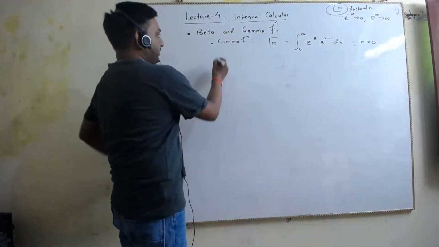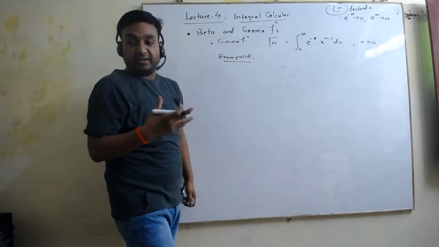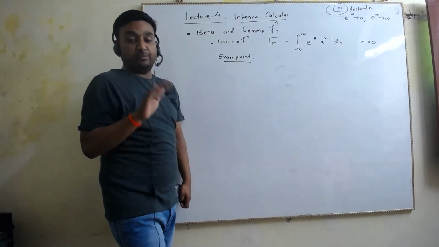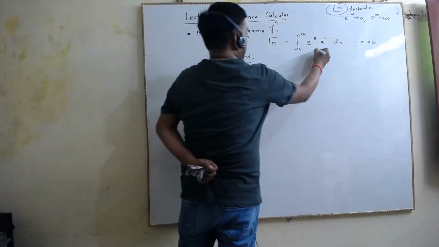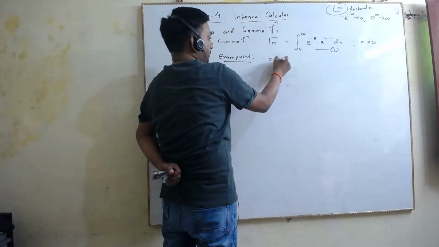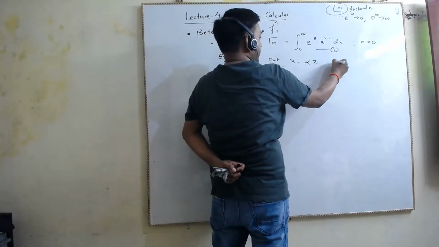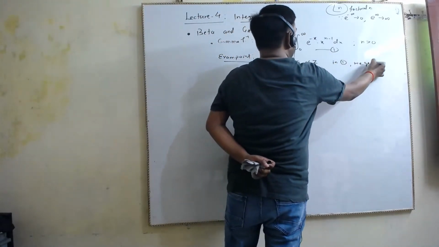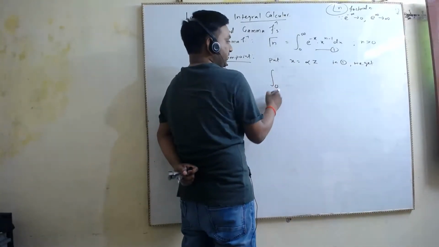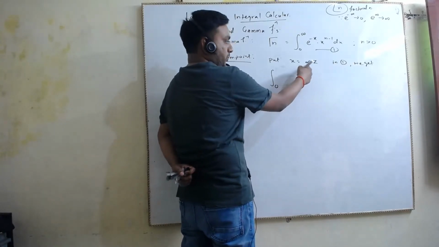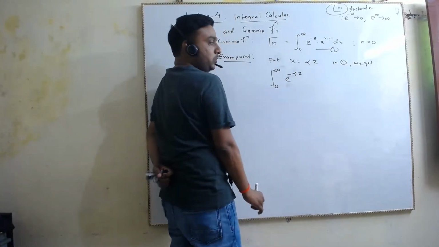One more important point we can do here, that will also be used in the beta function to prove very standard questions there. UPSC asks those questions multiple times. So that exam point is, suppose that this is 1. Putting x equals alpha z in 1, we get, if I put that here, x is 0 means z is 0, alpha is some constant, non-zero. This is infinity, e raised to the power minus alpha into z.